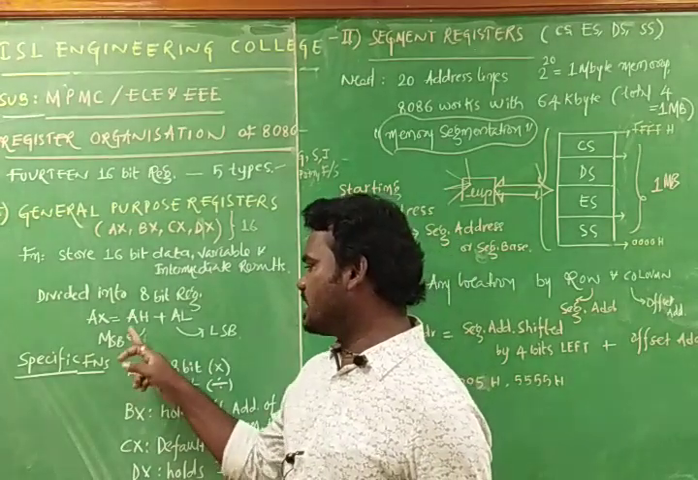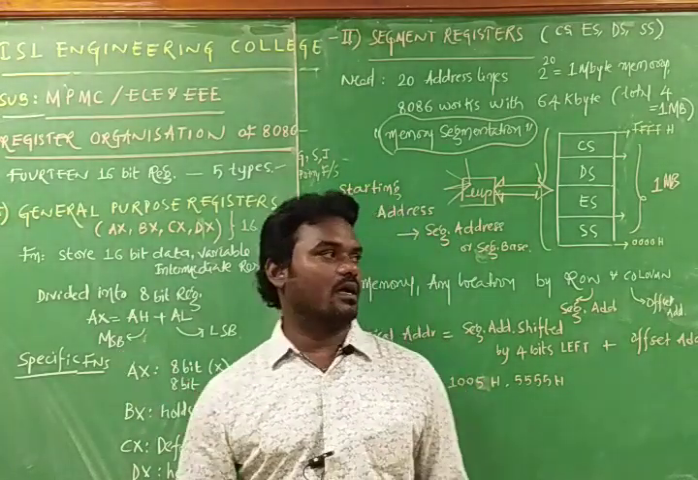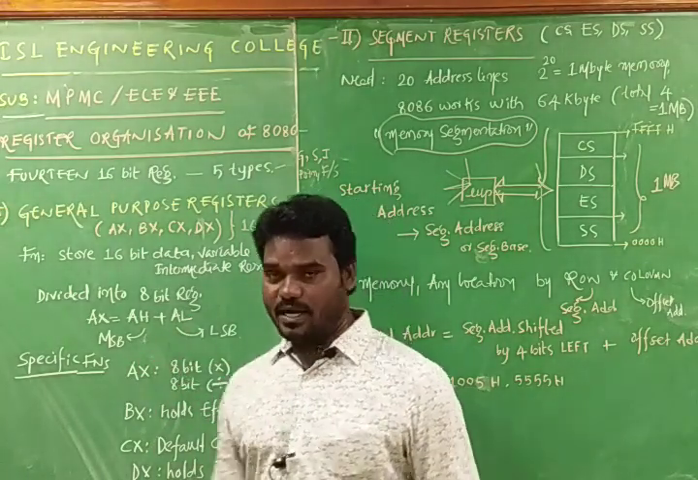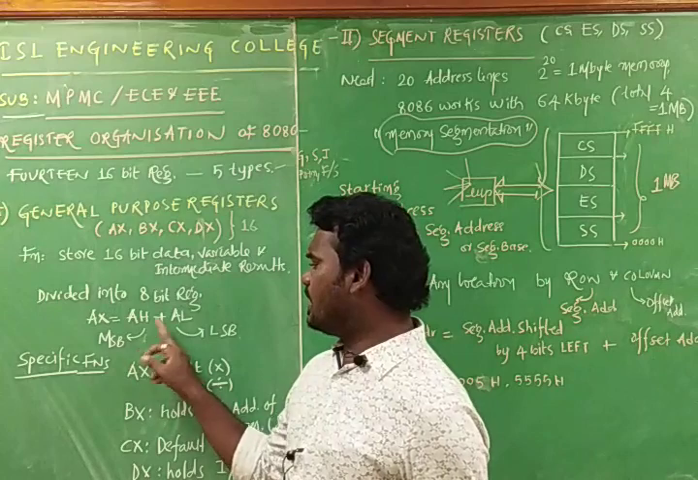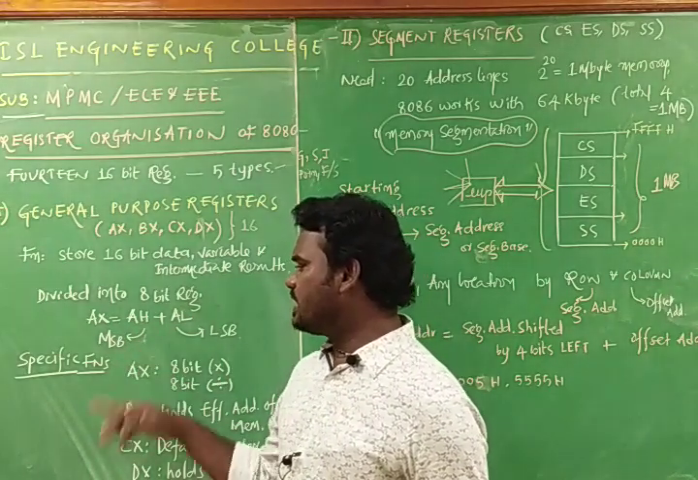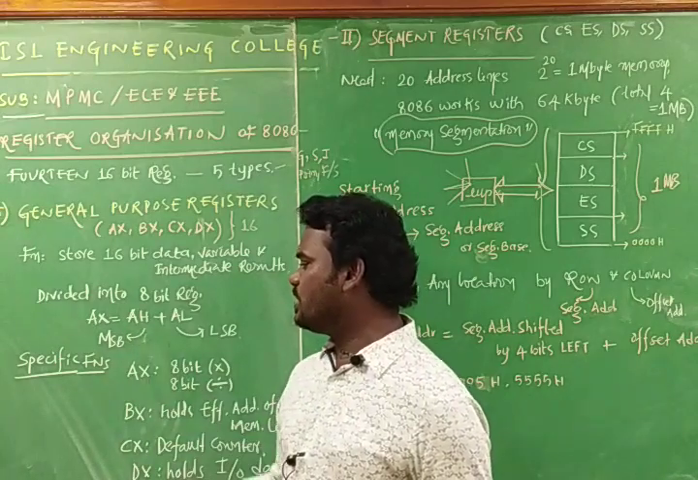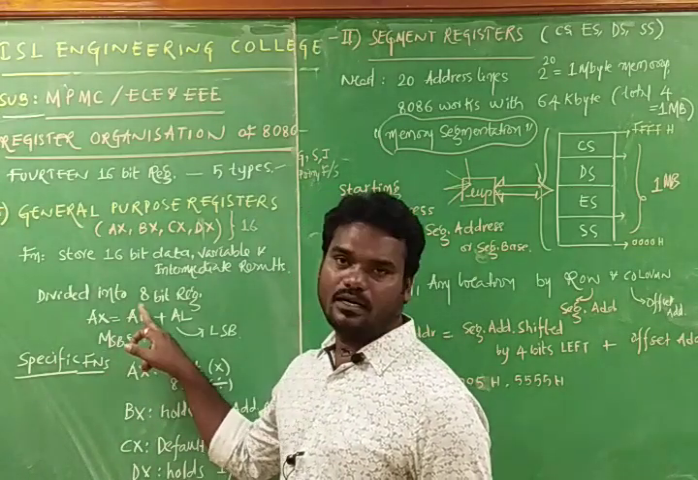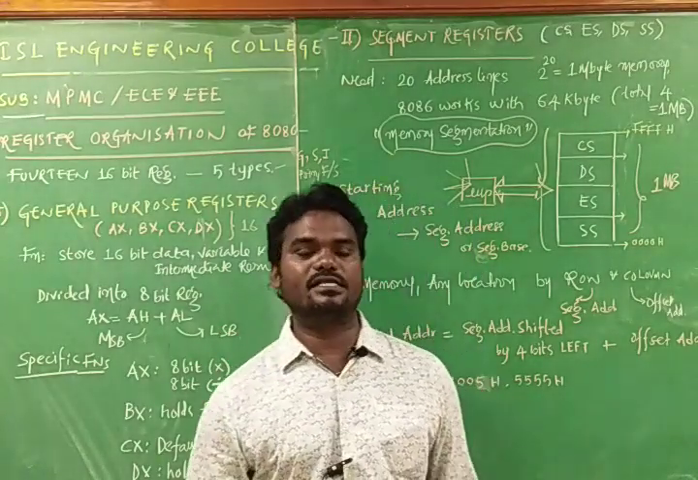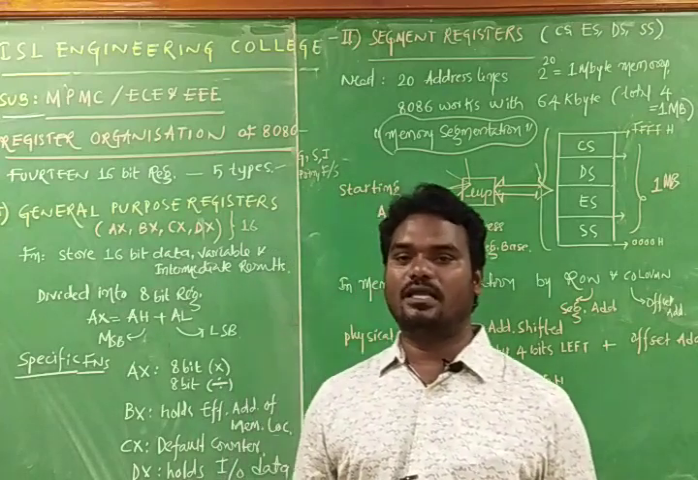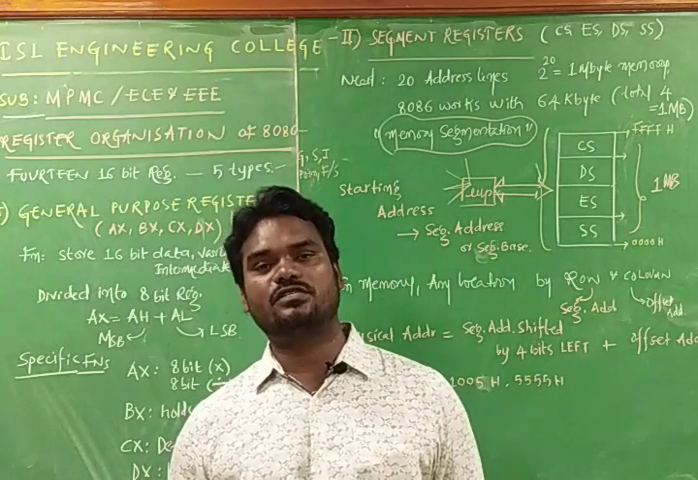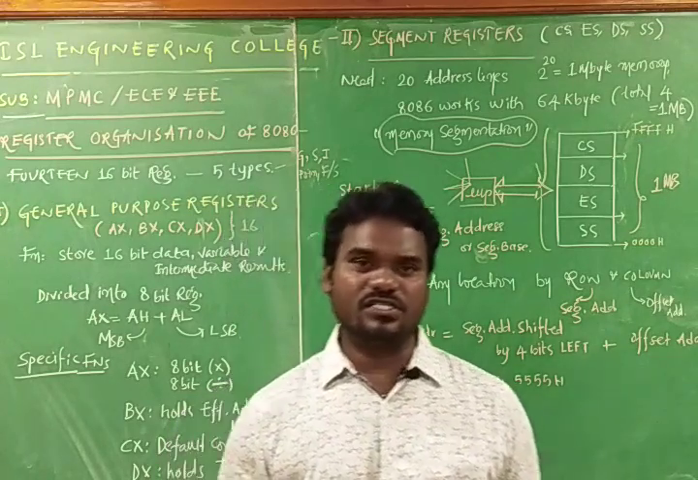In AX, A is accumulator, and H is the higher byte of information. This is the higher byte and this is the lower byte of the accumulator. In other words, AH stores the most significant byte of data and AL stores the least significant byte, each equal to 8 bits. Even though all the registers in the 8086 microprocessor are 16-bit wide,